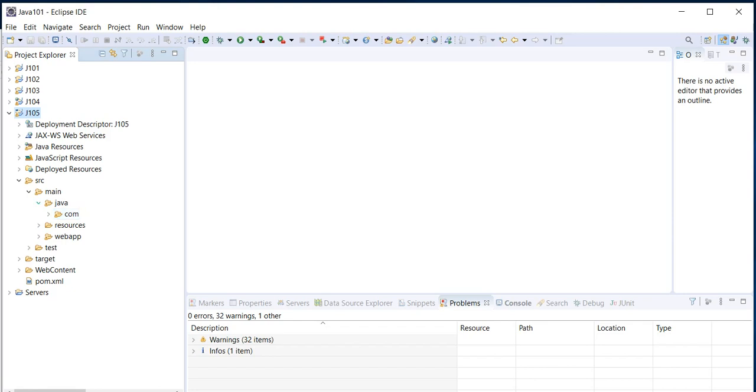Okay, so now let's move on to the next one, the resources directory, and you can see there are two files, the database.properties file and the messages.properties file. The purpose of these two files I'll be talking about later on, but remember that in the resources folder we are going to keep all the properties files or some other files that we are going to use for